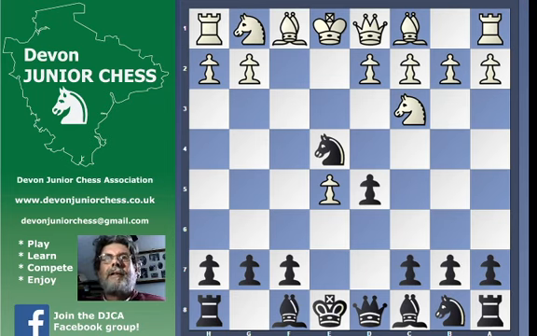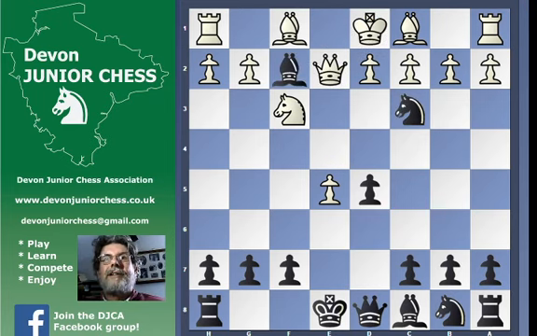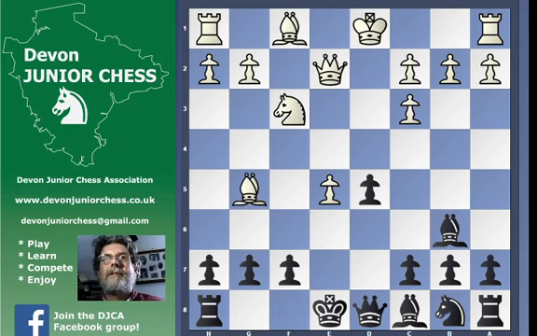White can play either knight to f3 or queen to f3. After knight to f3, bishop to c5 is the move. Bishop e7 is equal, but bishop c5 is a bit more combative. And now queen e2 check, takes on c3 check, and bishop to b6. You can try bishop to h4, but bishop to b6, and